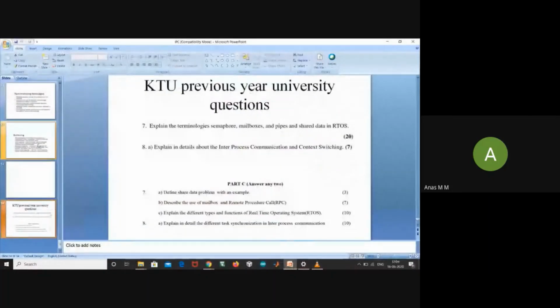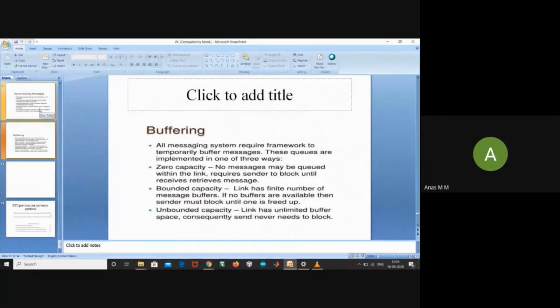So this is one example of message queue interprocess communication. What we have done here is we just created two processes, and we used the msgrcv, msgsnd, and msgctl functions. Then using that we ran the program and we communicated between process 1 and process 2. So it's a very simple concept. You can also try. So this is the concept of message queue. The remaining topic we will discuss in the next class. Thank you.